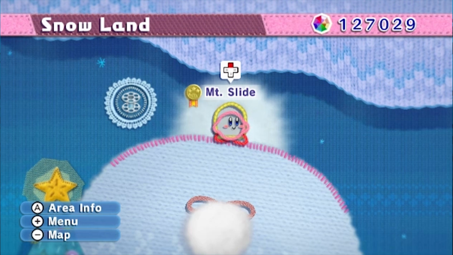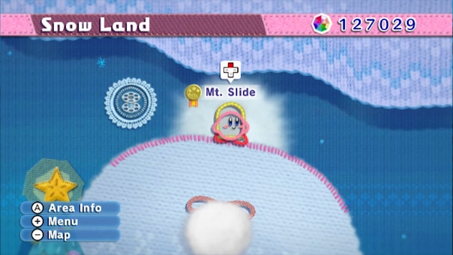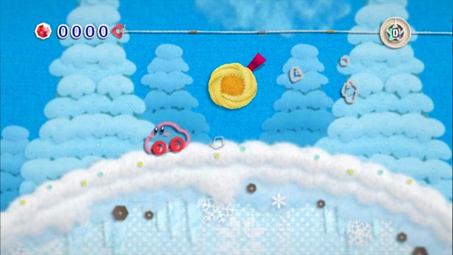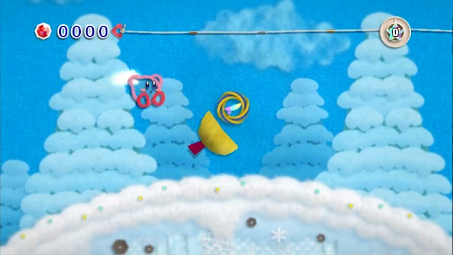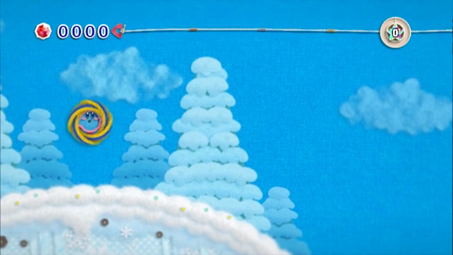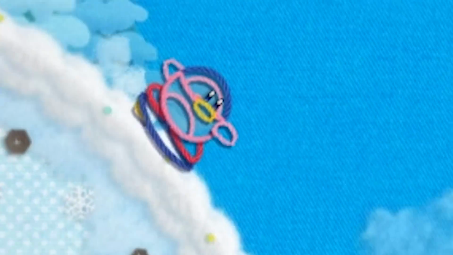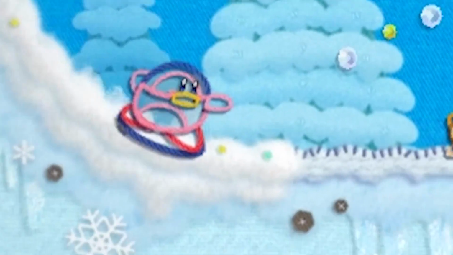Mount Slide, Kirby's Epic Yarn. There are few things that bring me more joy than Kirby's Epic Yarn, and within that game, few things that bring me more joy than the snow-covered Mount Slide. Here you get the adorable spin border Kirby power-up. It's a penguin! And your only goal is to enjoy the ride while timing extra jumps for maximum candy and